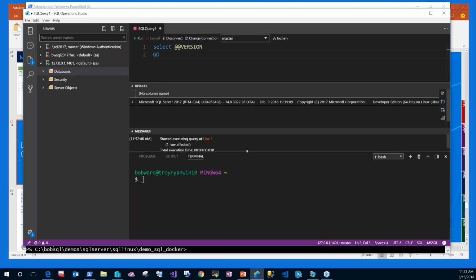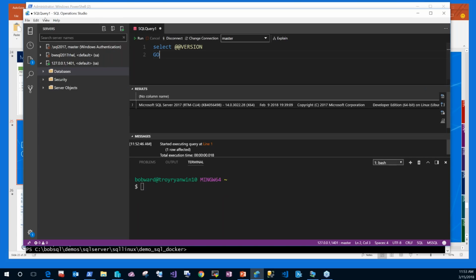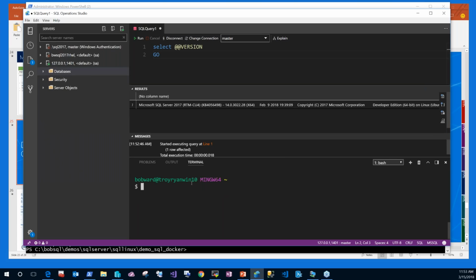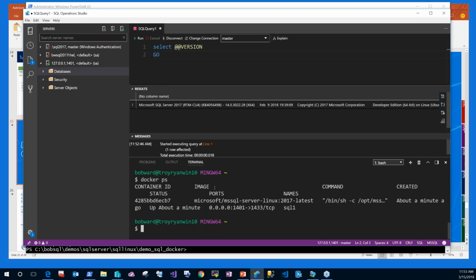Now, if you also haven't seen Operations Studio, it has this nifty little thing called Integrated Terminal. If you go to the View menu and pick Integrated Terminal, at the bottom window here, I now have terminal access into my Windows laptop. Effectively, it's kind of like running PowerShell, although in this particular case, look what I'm doing. I'm running the Bash shell. So I could do something like this. I could do docker ps, so I can actually run my Docker commands from this terminal,